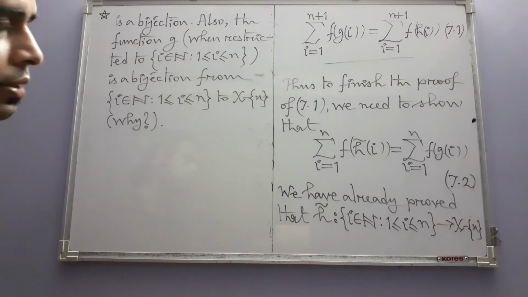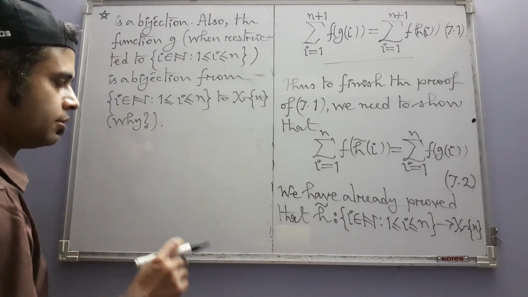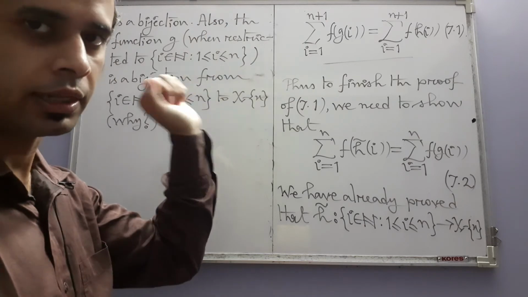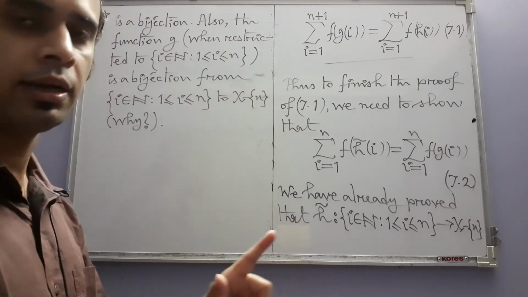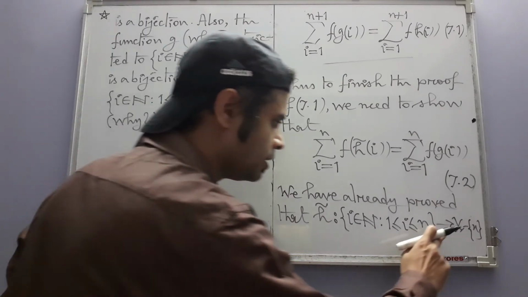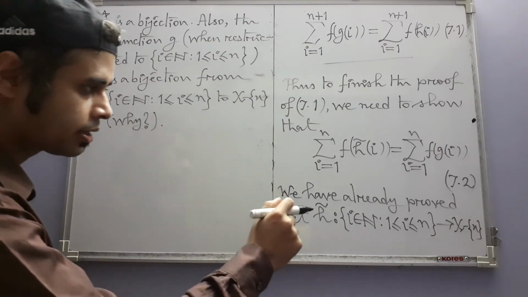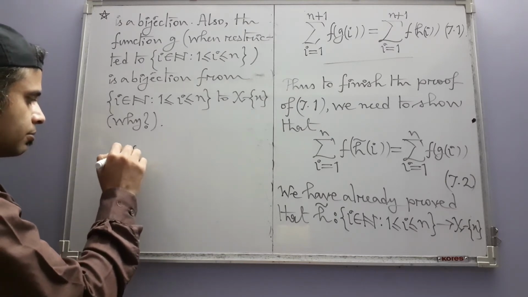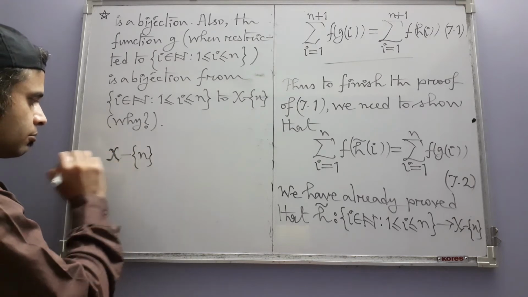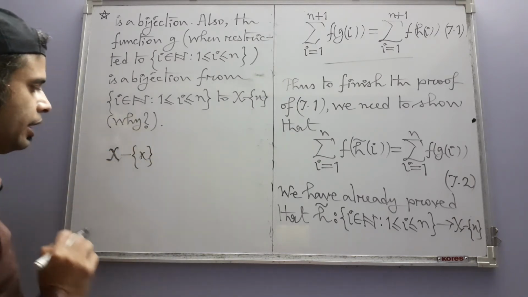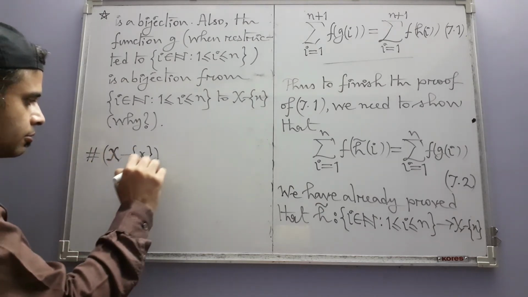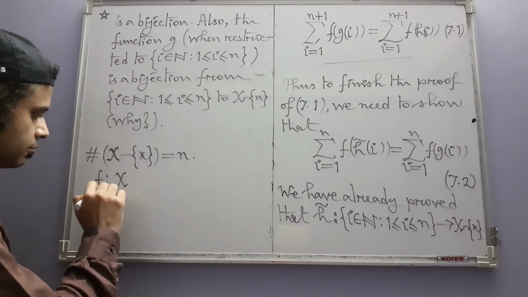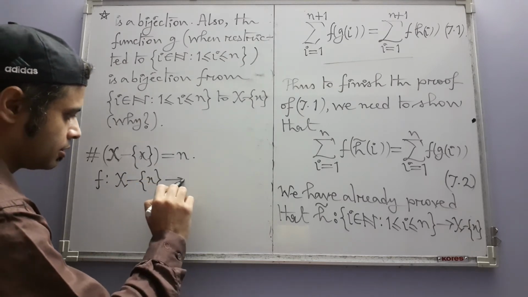Do you want to see why? You see, in the statement P of n, the x that you see in that statement is a set with n elements. In its place, now we have x minus small x, because our original capital X has n plus 1 elements. So you now have this set which has n elements. Its cardinality is n, and there is a function f from this into R,